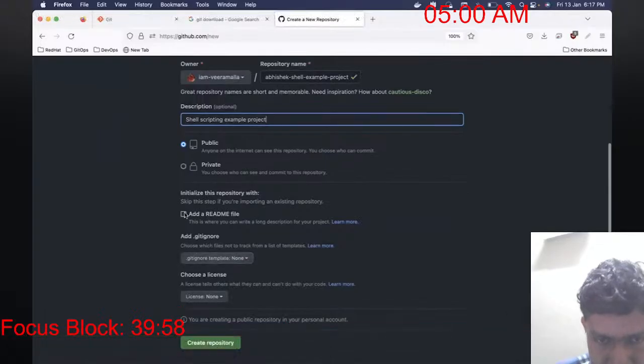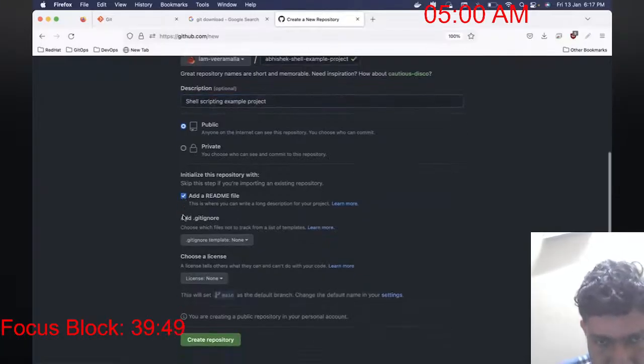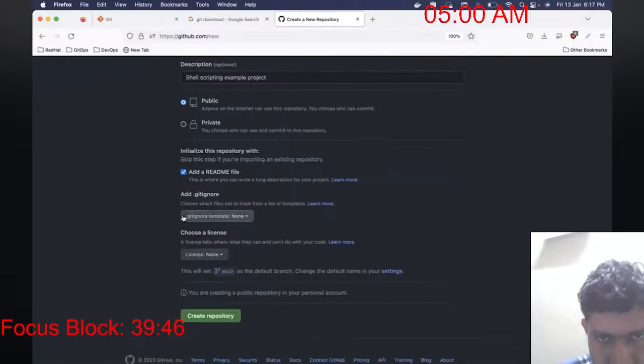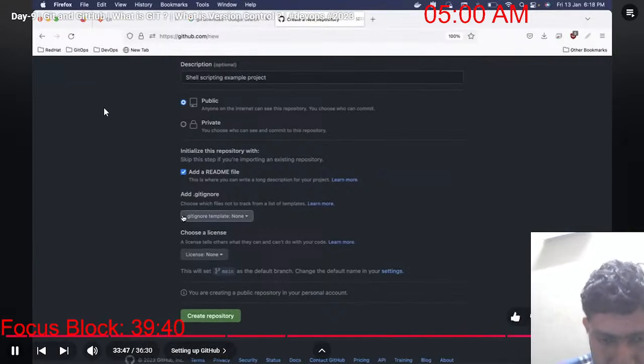Then you can initialize this with a readme file. A readme is nothing but, when somebody looks into this repository, you can provide some metadata information, like saying this is my first shell scripting program, or this is a calculator program, and this program has four functionalities: addition, subtraction, something like that. Finally, click on create repository.